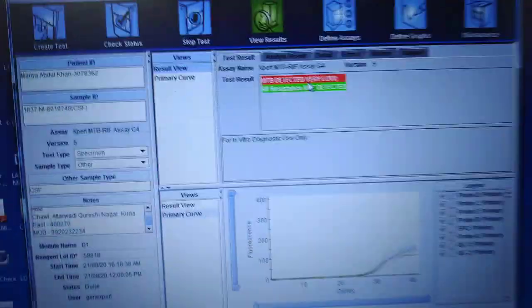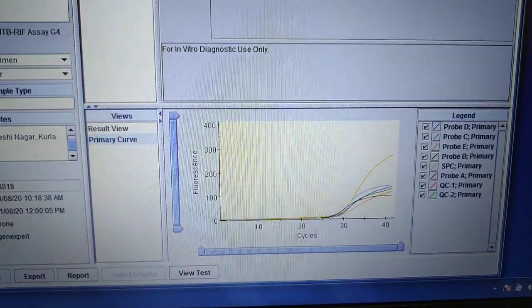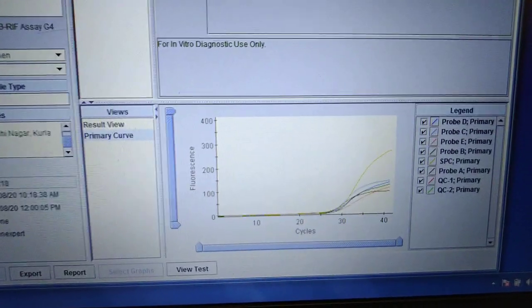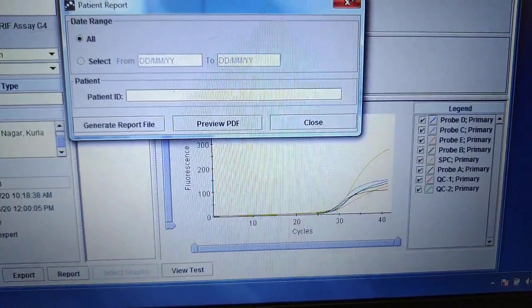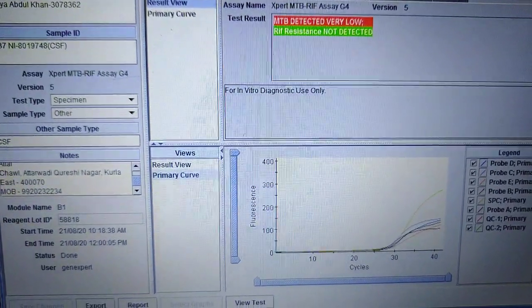We will just see for a negative sample. So you can select it date wise if you want to see the result.